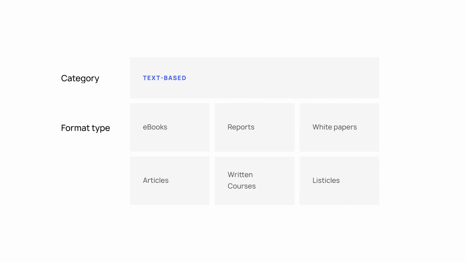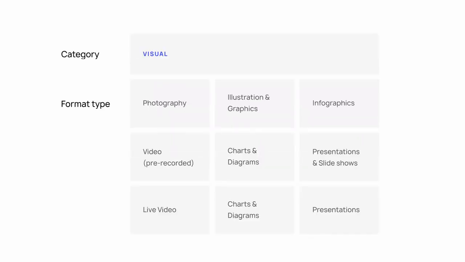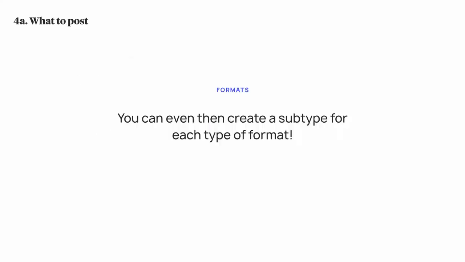But the more in depth, the more meaty the content. So if it's an ebook, you want to hide it behind some sort of lead generation wall, so people give you their information in exchange for the amount of value that you're giving them. If it's an ebook, report, or white paper, those are things you want to hide behind an email wall, so you can have a new lead to follow up on. Versus if it's just photography, then you can just post it on Instagram or something like that.